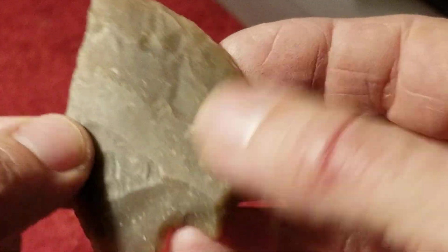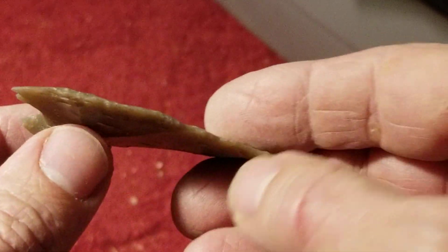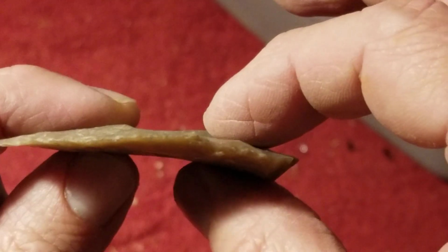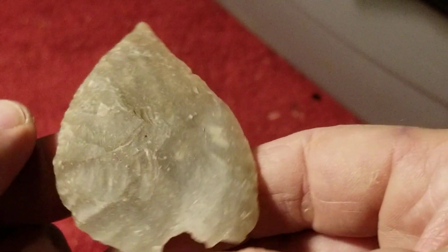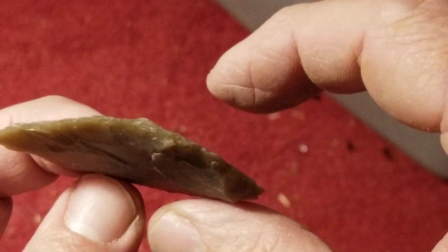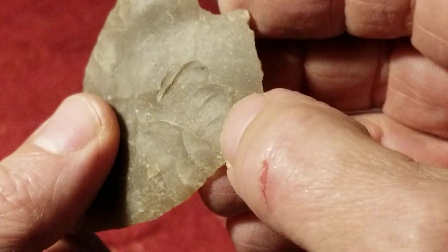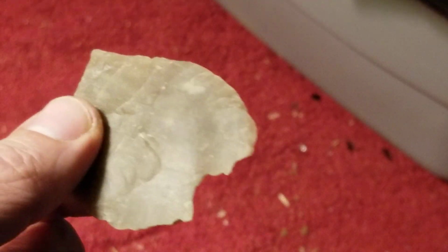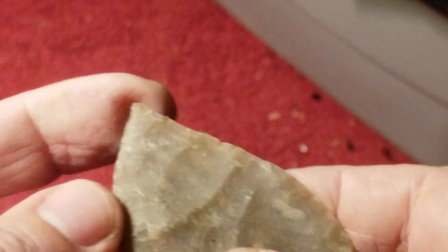I don't know what this is. It looks like a flake tool. I'm trying to figure this out while I'm explaining the troll voice. It looks like a flake tool because it's wonky for one. It's curved. I wouldn't haft it onto a dart or even a knife handle because it's really wonky. It looks like it may have been at one time an oval shaped, but smaller version